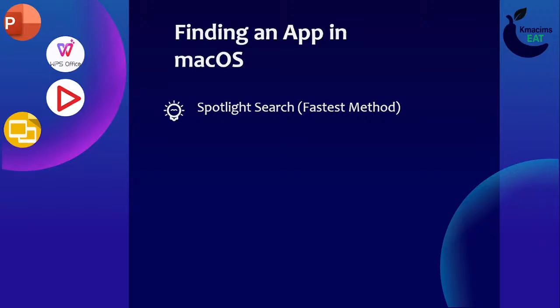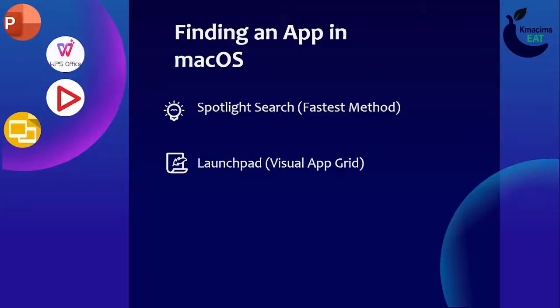Now this is the quickest way to find anything: app, files, emails, or even definition of something in your Mac computer. Now the second method you can use is using the Launchpad, which is the visual app grid,